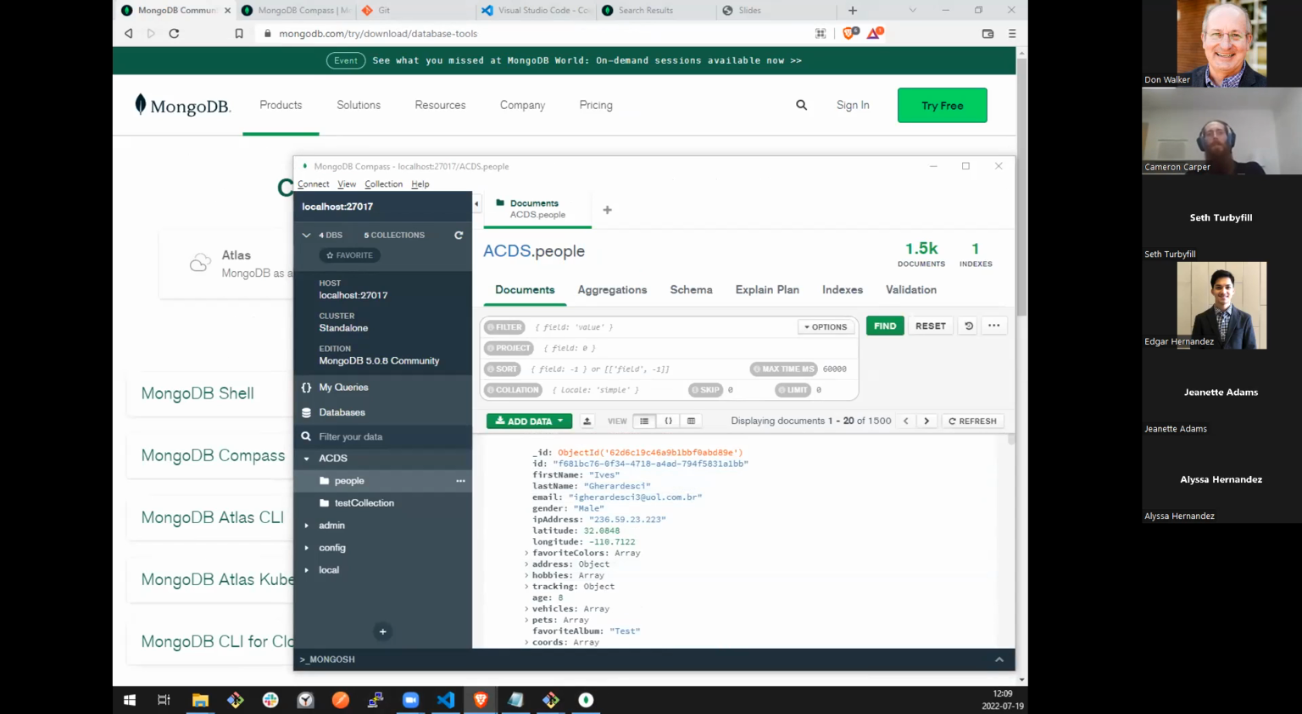So since these are not simple to write on the fly, I've prepped a couple of different queries for us to play with. And one of those is I want to find everyone in our database who lives in a geographical area. And the way I'm going to do that